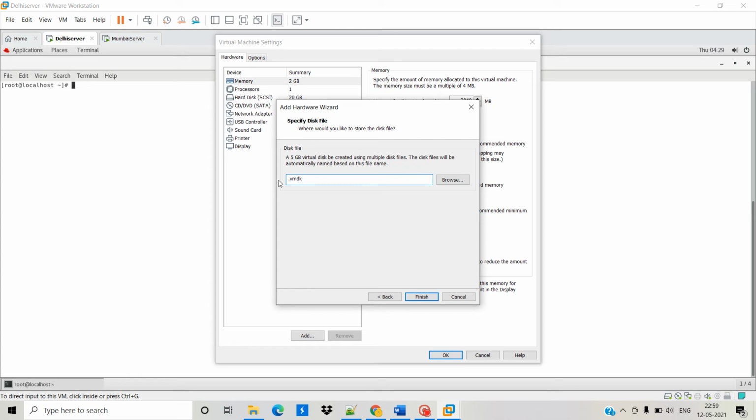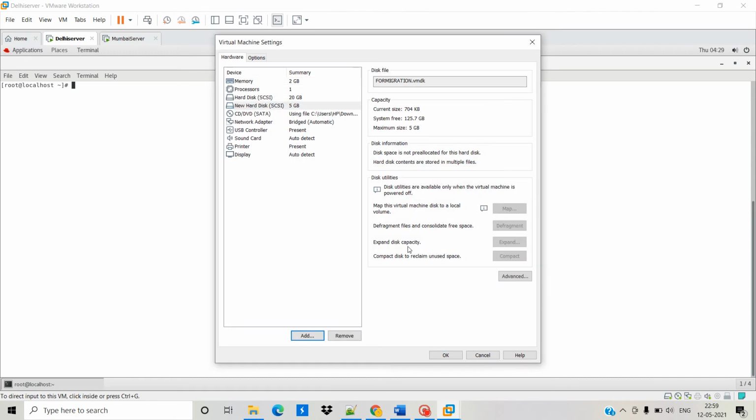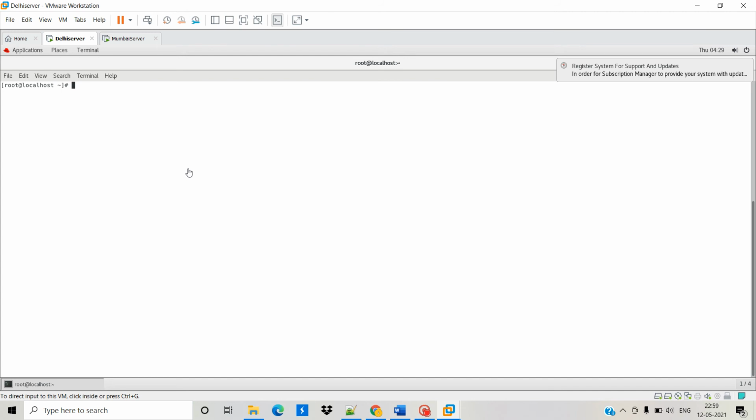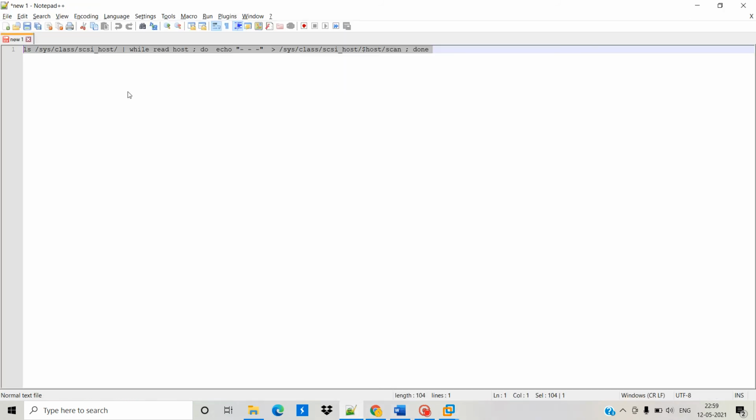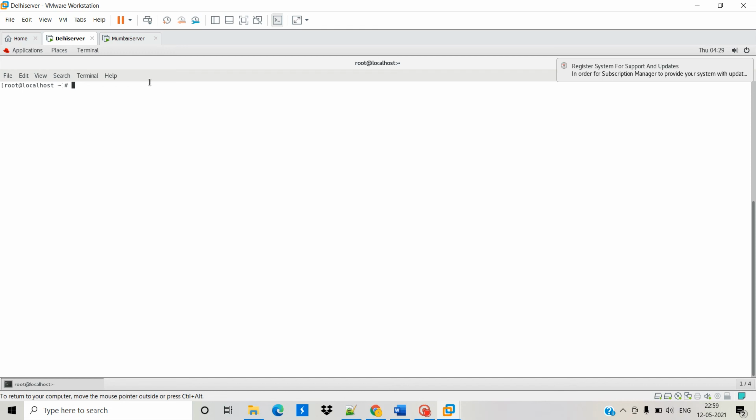Now a name for this disk, for migration. Now okay, done. I am executing this command for scan.